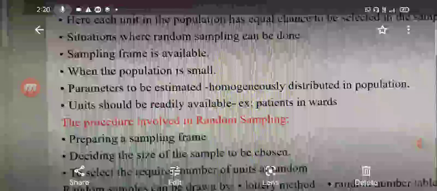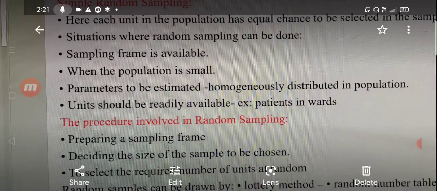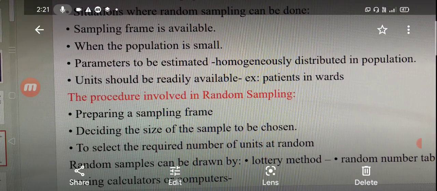So, out of 100, we have to select only 10 members, for example. Then what we will do? We will select each and every 10th number. For example, 1, 10, 20, 30, 40, 50, 60, 70, 80, 90 and 100. So, on equal base, without any bias, without any partiality, every 10th member becomes the respondent. So, this is a framework of the simple random sampling, and